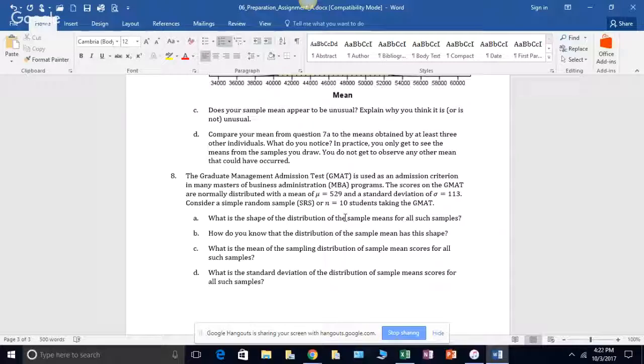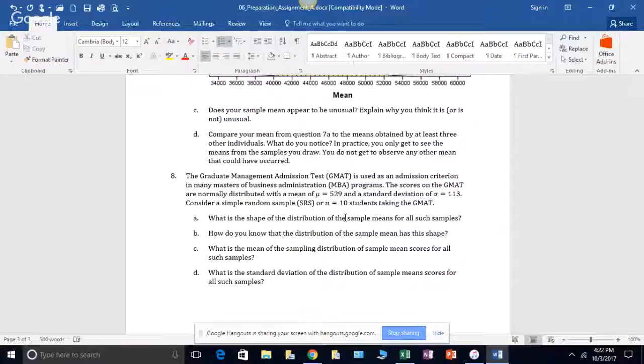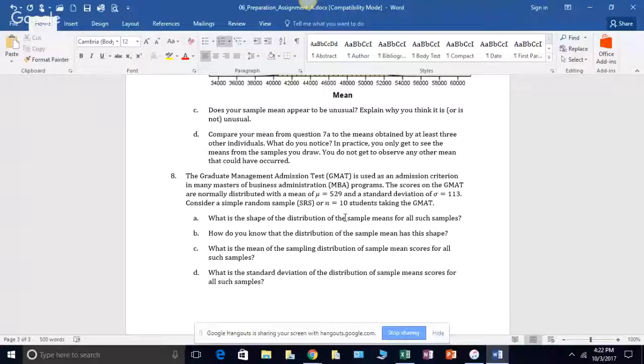Whenever I look at it, like I said, I did everything I was supposed to, and I feel like I'm still lost, because even when I did D initially, I did it wrong because I didn't know I needed to have my graphing calculator. And then I could find the answer. And I followed that formula that you just showed me, and it works. That's my point. I feel like it's vague. They should say, using your graphing calculator, calculate the standard deviation of the distribution of sample mean scores for all such samples. And I guess maybe I should know that,